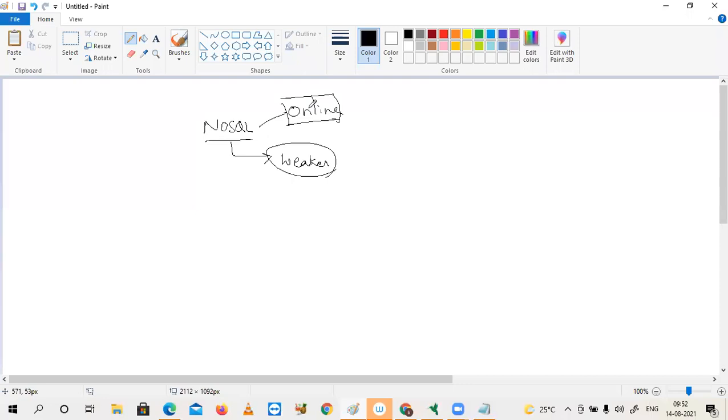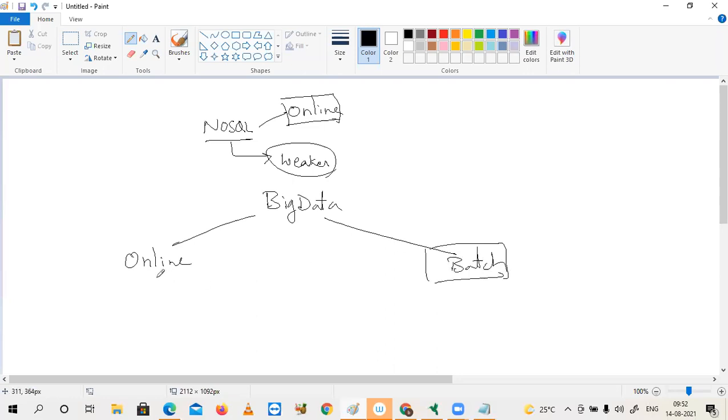If you talk about big data, it comes in two areas. Number 1, online. Number 2, batch. In the case of online, use NoSQL. Don't use RDBMS here.